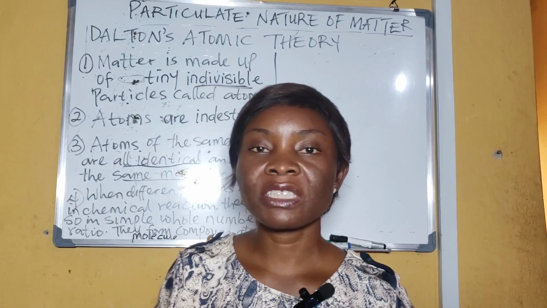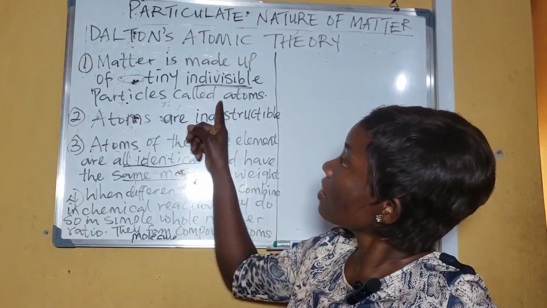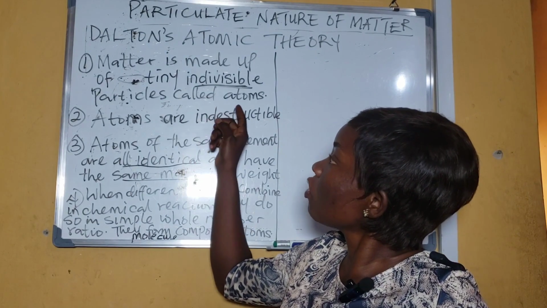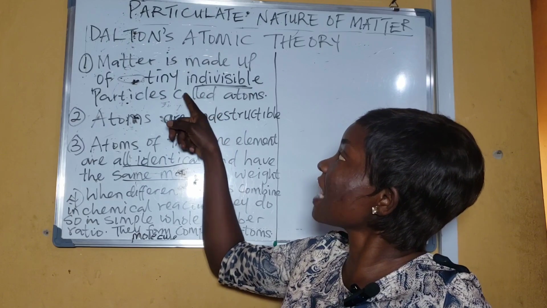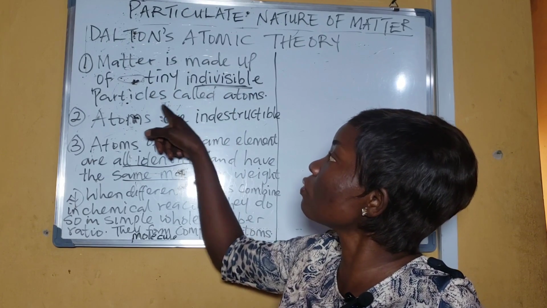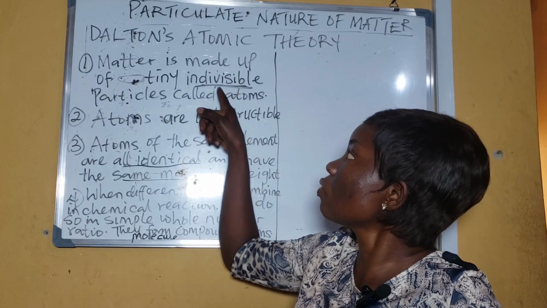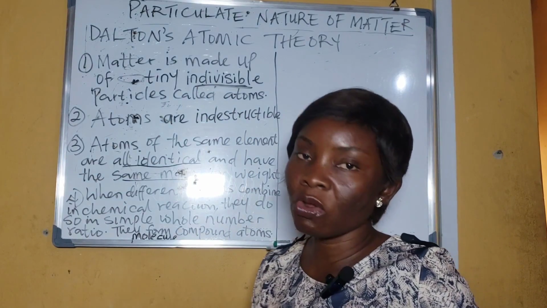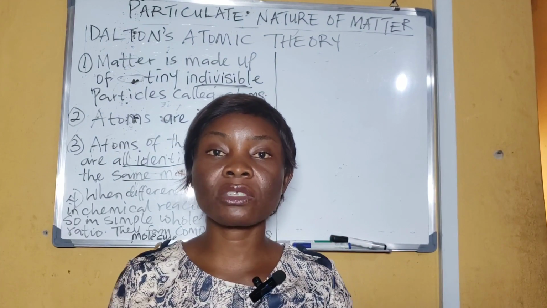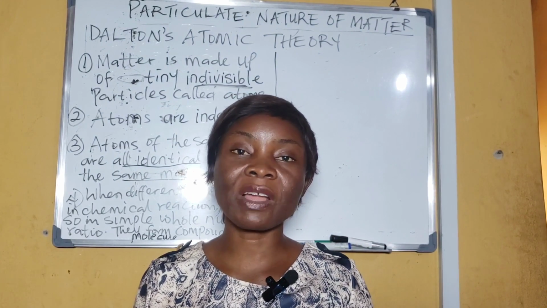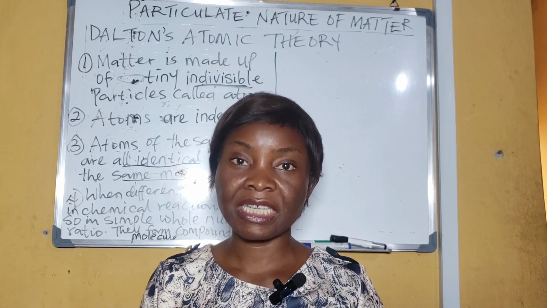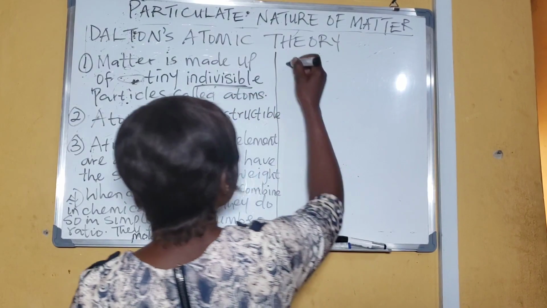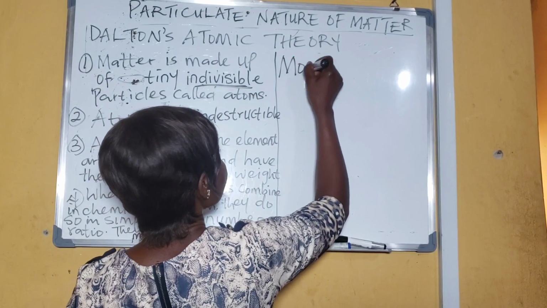That has disqualified this first theory that states that matter is made up of tiny indivisible particles called atoms. The word indivisible is no longer acceptable, because from recent discovery we found out that atom can actually be divided into several particles. So to modify it, we have